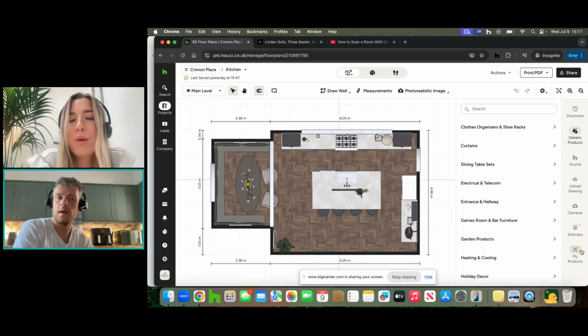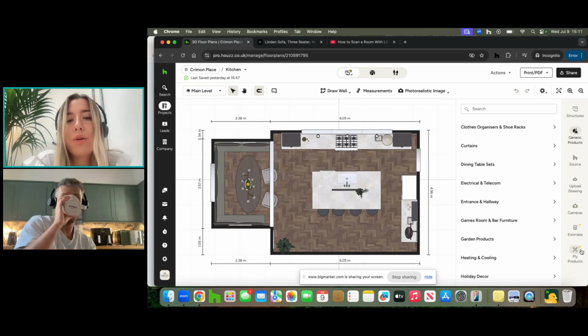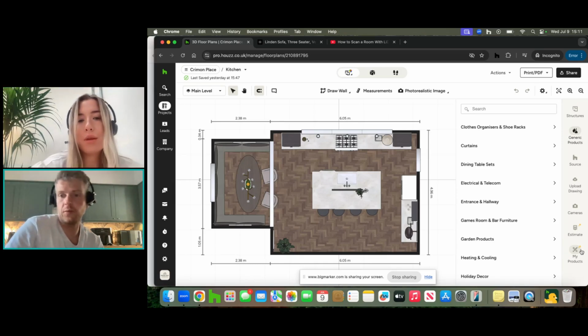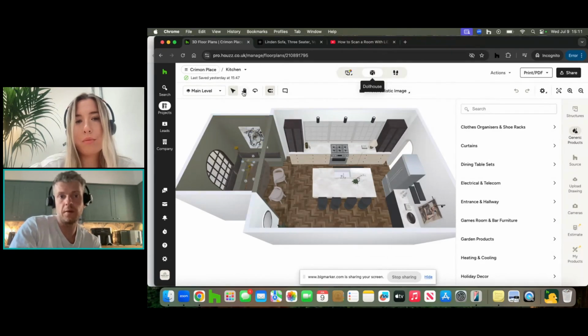So Grant, someone in the private chat has asked if those 3D render images will be saved into a library, or do they just do it on an ad hoc basis when they need it? Yeah, good question. I'll come on to that in just a second. The 3D rendered images, okay? They can save them in a multitude of different ways. So I'll actually show you that now as I move into the